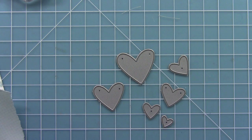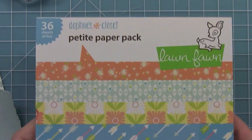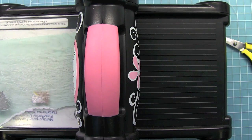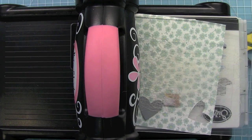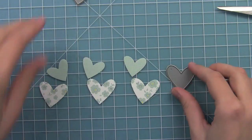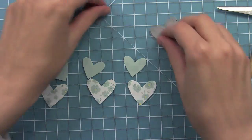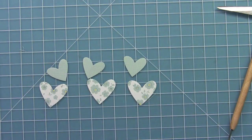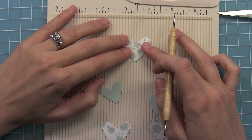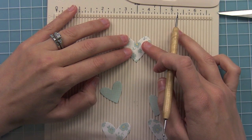Set too. Here are all the heart dies, and I'm going to start die cutting them out of some of the Daphne's Closet papers. I'm using the largest and second to largest hearts to cut out 3 of each color of pattern paper to give us these 6 little hearts here that we're going to layer together to create our own embellishments. The first thing I'm going to do after die cutting is line them up on my scoring board